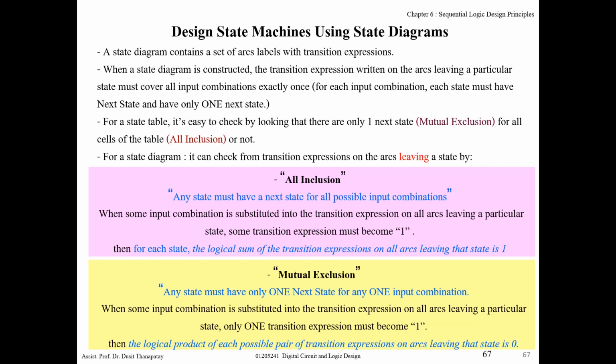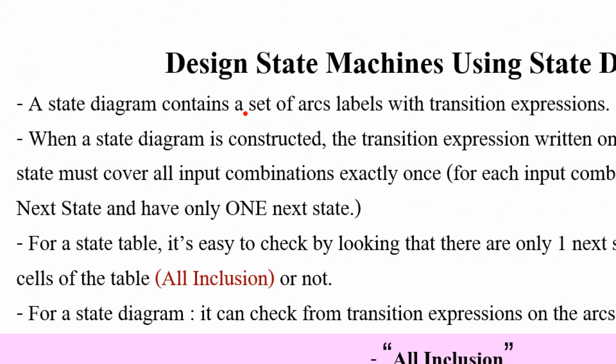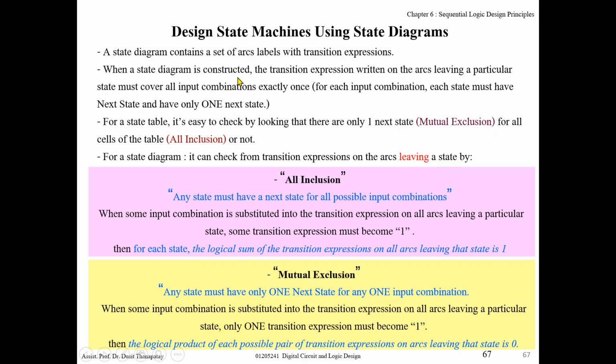Okay, today we'll study how to design a state machine by using a state diagram. For a state diagram, maybe you already know that it contains a set of arcs or arrows labeled with a transition expression or the input condition. When a state diagram is constructed, the transition expressions between the arcs defining a particular state must cover all input combinations. Namely, for example,